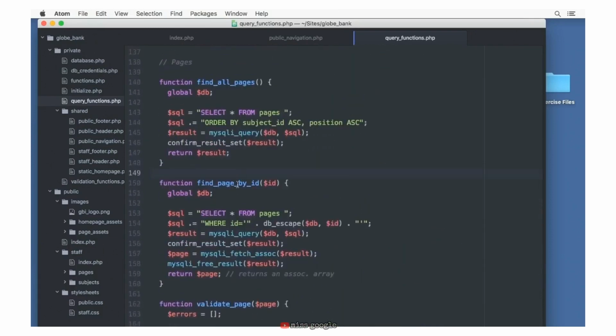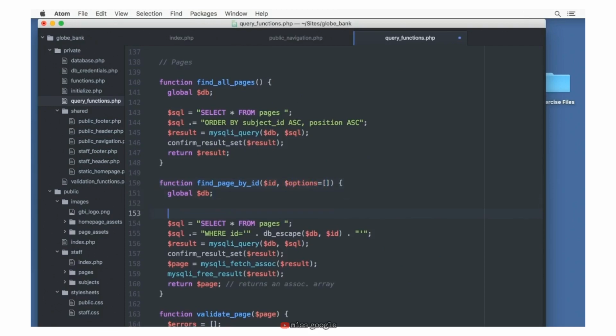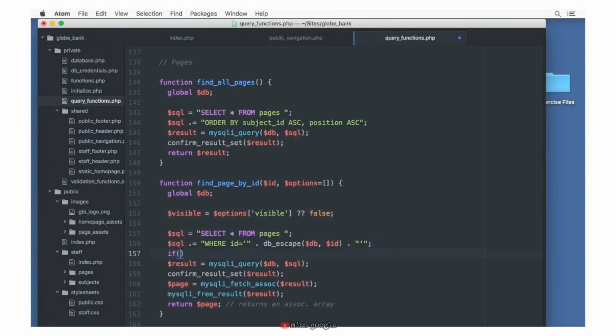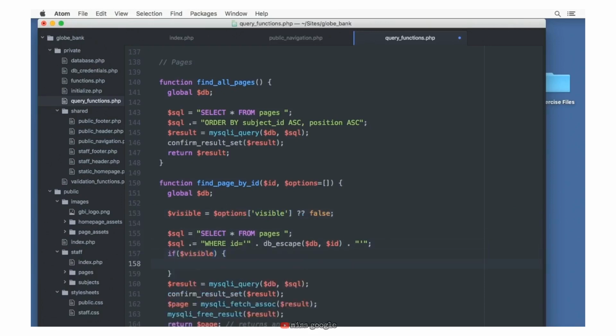Here we are. Find page by ID. What I need to do is add the same kind of options to this that we were working with before. So visible equals options visible, and we'll use false as a default. And now we need to modify our SQL so that if visible, then we're going to use the append,